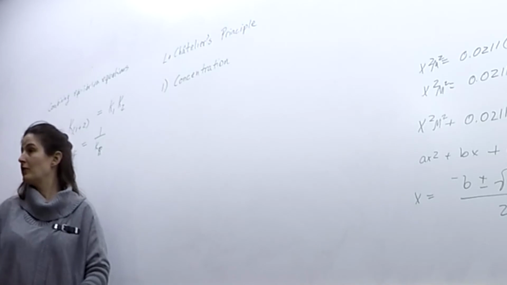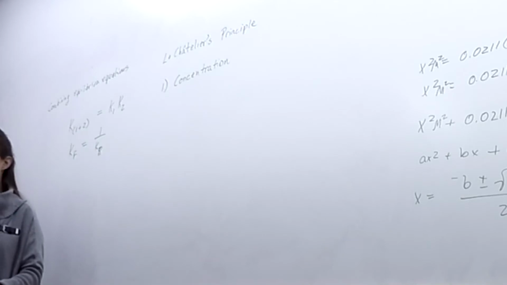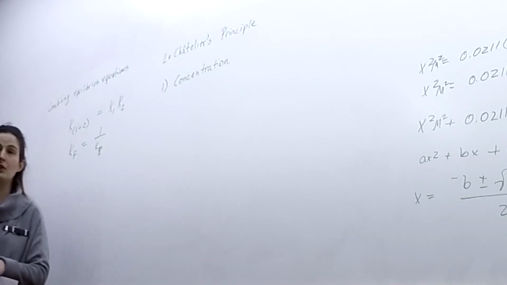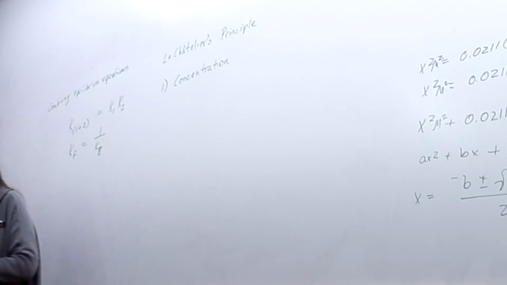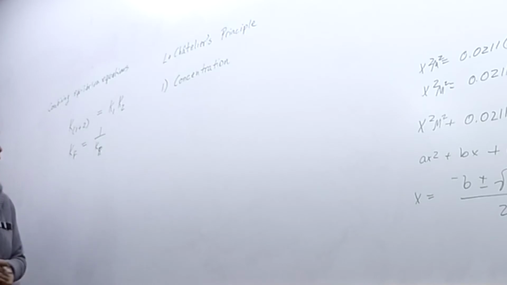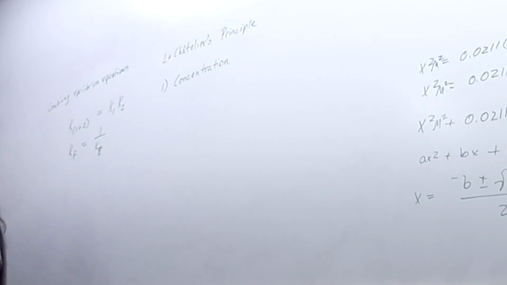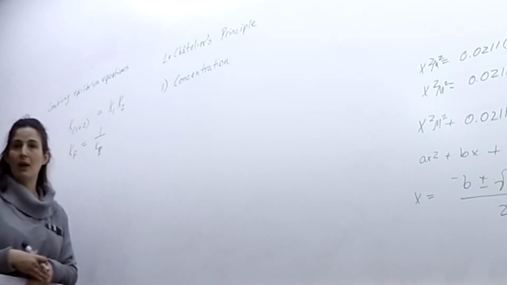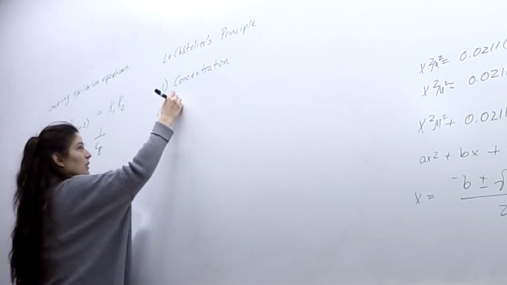There's only one of these that will actually change your equilibrium constant, but these are just ways to move your equilibrium from favoring the products to maybe favoring the reactants, or just different ways you can mess with a reaction and see what happens to it. One is by adding a concentration of one of your reactants or products. So you just change the concentration of one of them and see what happens to your equilibrium. Number two,